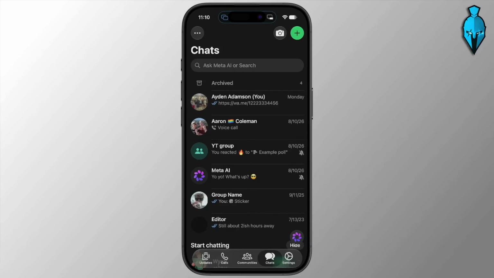In this guide, I'm going to show you how to transfer WhatsApp to a new iPhone with the exact same